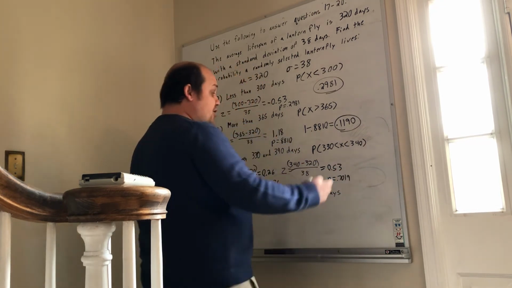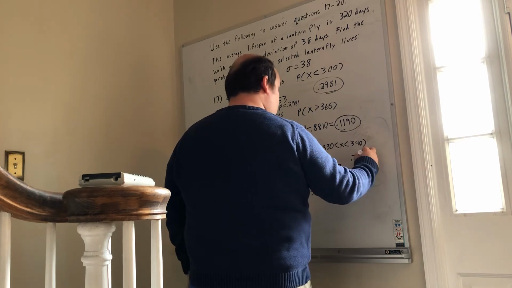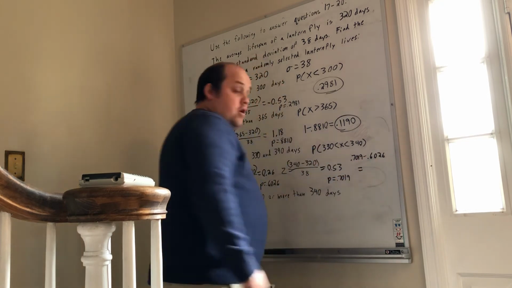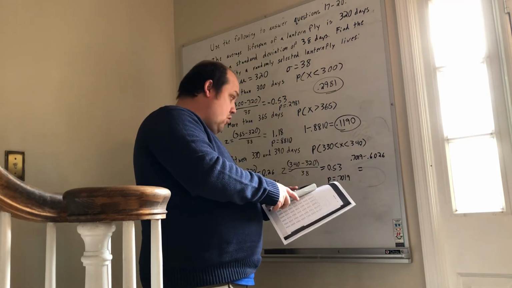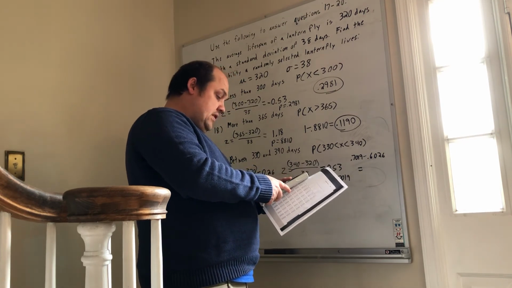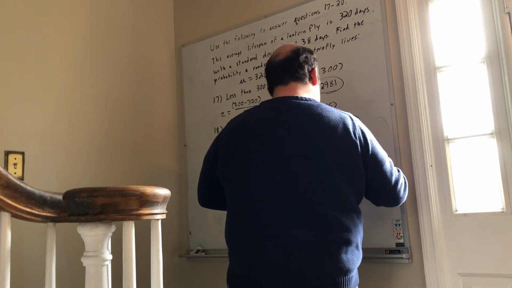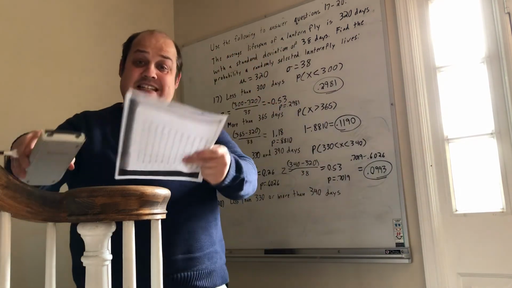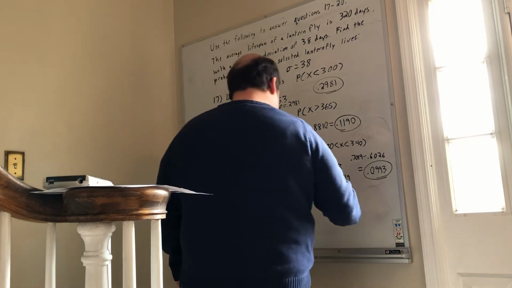For between questions, we take the larger p-value minus the smaller p-value. When I put that in my calculator, 0.7019 minus 0.6026, I get an answer of 0.0993. Since that 0.0993 represents between 330 and 340,